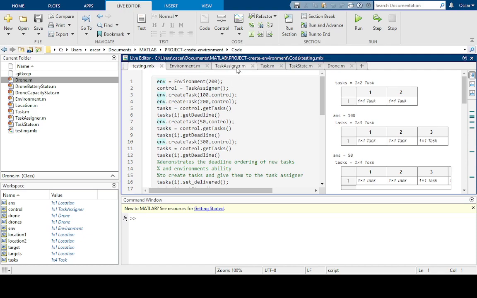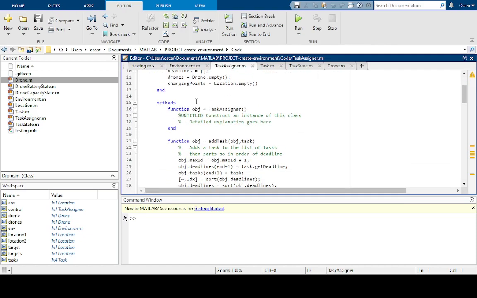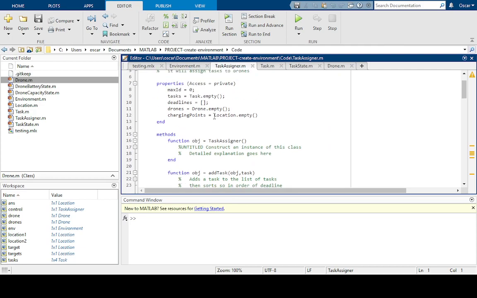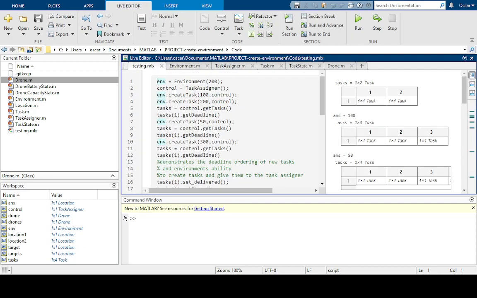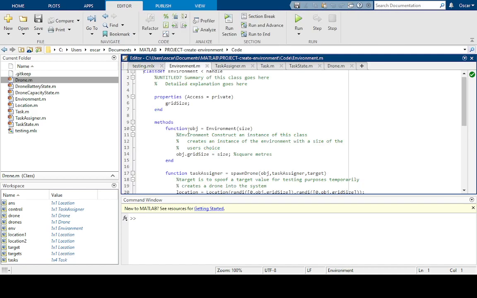Now I initialize a task assigner. This is a very, very simple constructor, just here. And as you can see, that works. Well, you can't see that yet. And then environment create task. In that environment create task